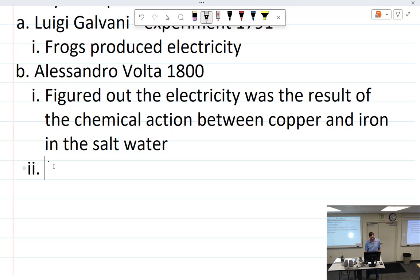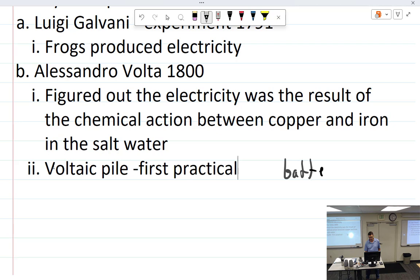I can't pause when I'm spelling VOLTAIC, a voltaic pile. That is the first practical battery, invented by